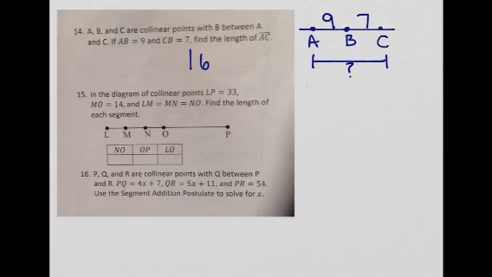Okay, in the diagram of collinear points, LP is 33, so it's 33